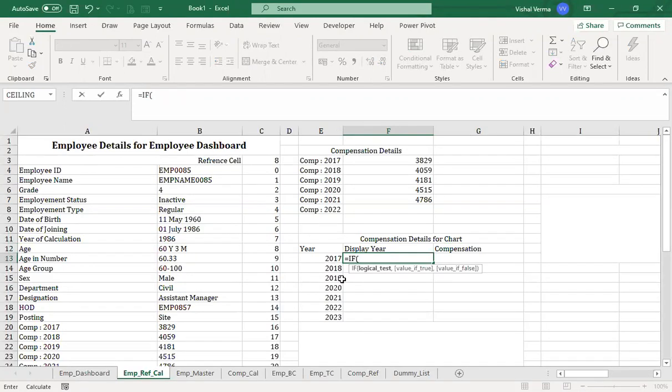If or year of today is greater than the display year, or year of today is equal to this, then give me a blank.